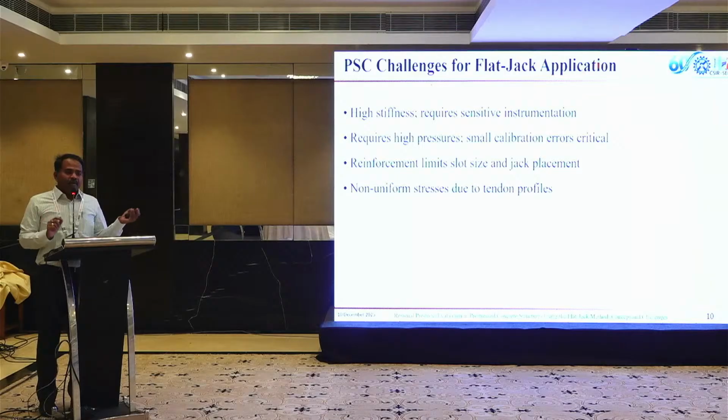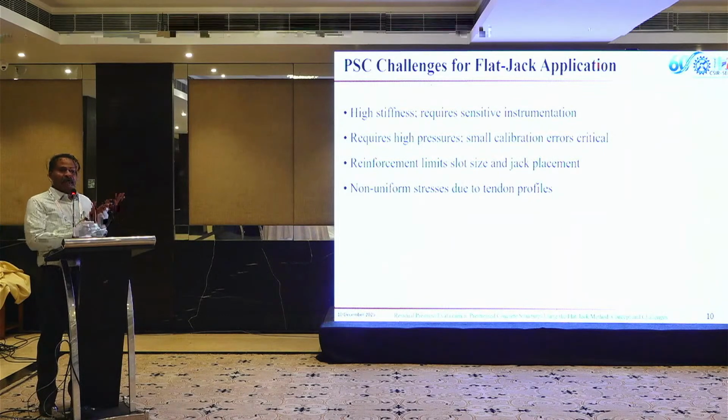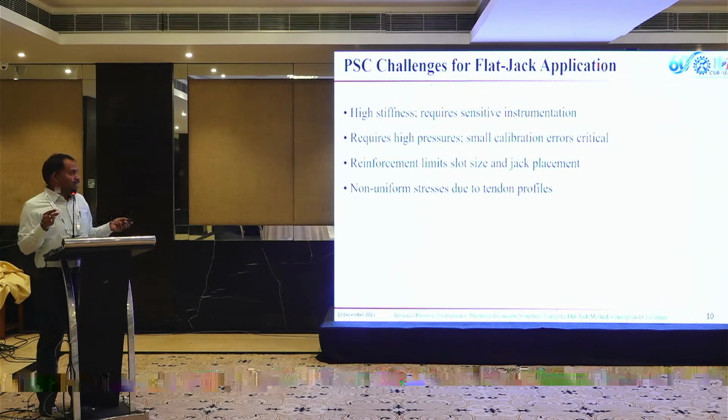So what is the problem that we are facing? What are the needs and challenges of the flat jack method in concrete structures? First, masonry structures are stiff, and concrete structures are even stiffer. It requires higher pressure, because in masonry structures the stresses are around 2 MPa, 3 MPa, 4 MPa, but in concrete it is 15 to 20 MPa. Reinforcement limits: there is reinforcement in the concrete structure. And because of the complex tendon profiles, you will have a non-uniform stress